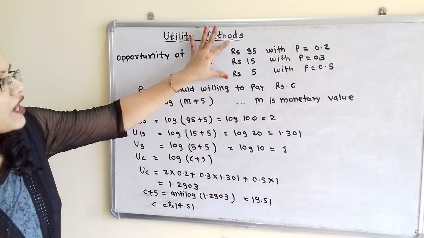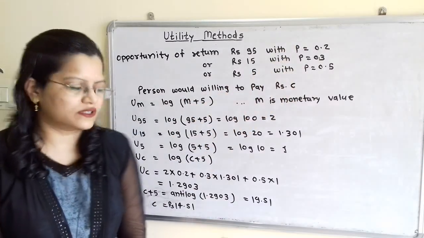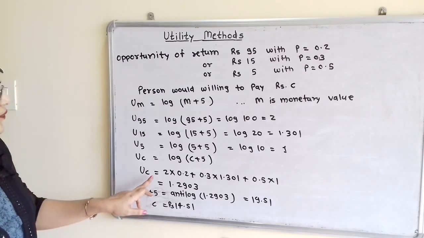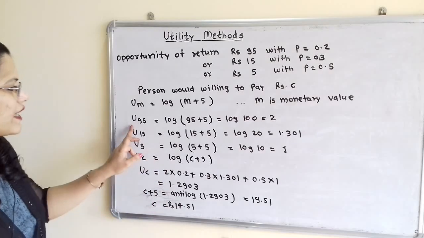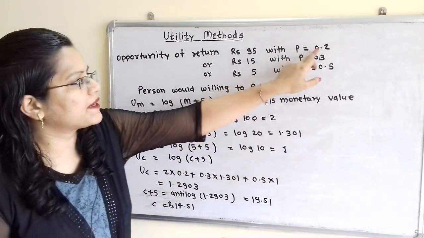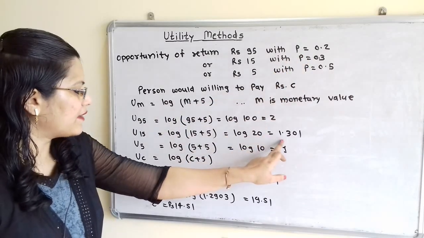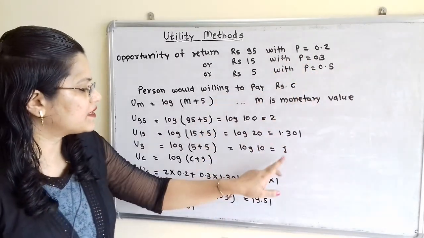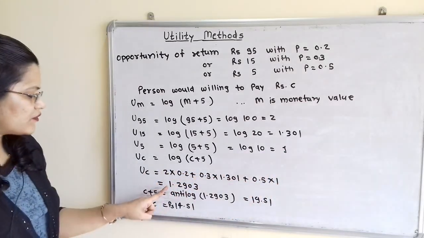Now these are the opportunities with probability given. So how to find this? We can write the equation UC is equal to U95 multiplied by probability. So U95 is 2, 2 multiplied by 0.2 plus 0.3 multiplied by 1.301 plus 0.5 multiplied by 1. So when we calculate this, we will get the answer